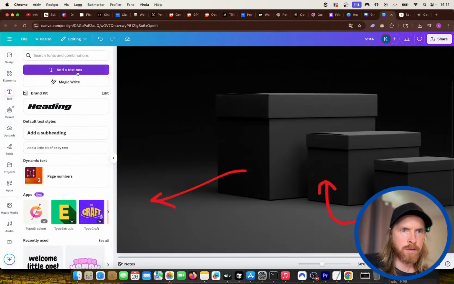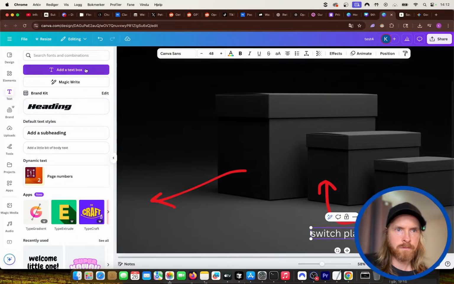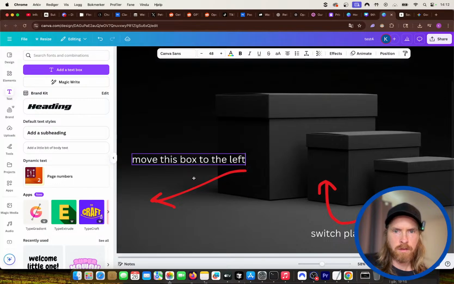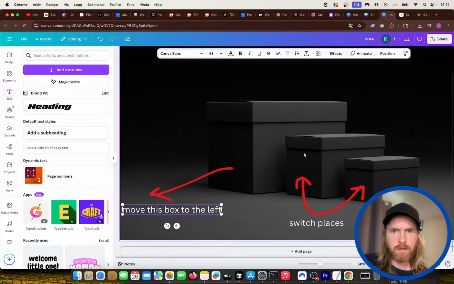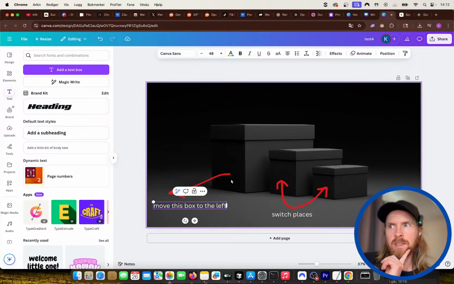So if I do switch places, move this box to the left. I just want to see if this works, because this could be pretty interesting.